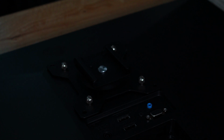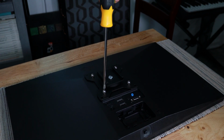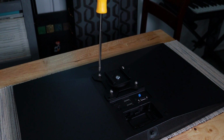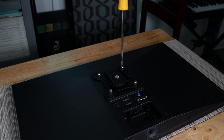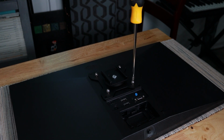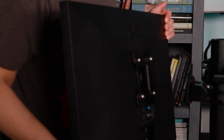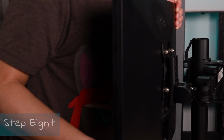Then if you want to do a final adjustment, you can just tighten it with a screwdriver. I wouldn't go too far because it is all plastic, at least the one I have. Just so it's snug. We're gonna line this up here. And then just,